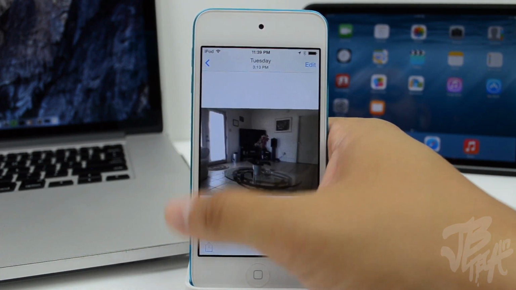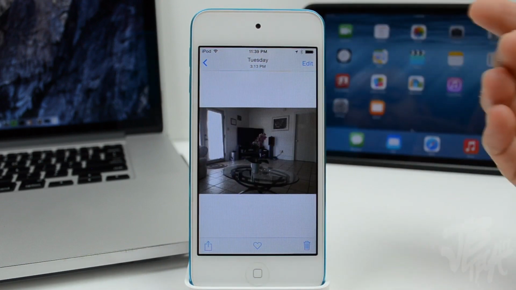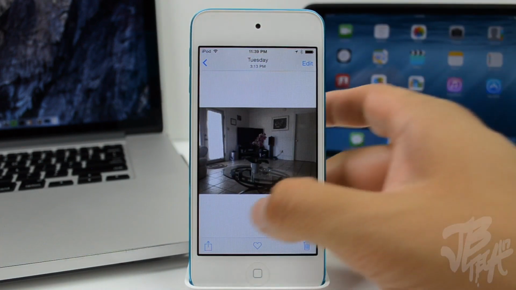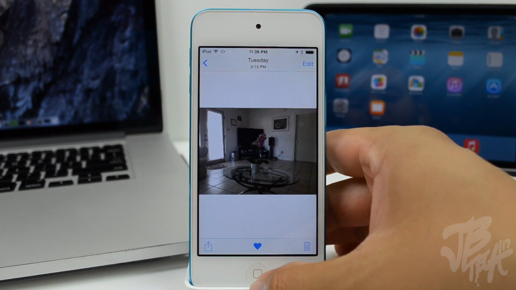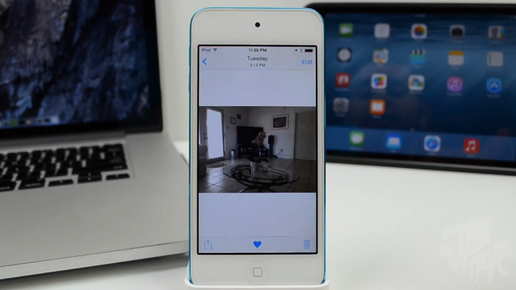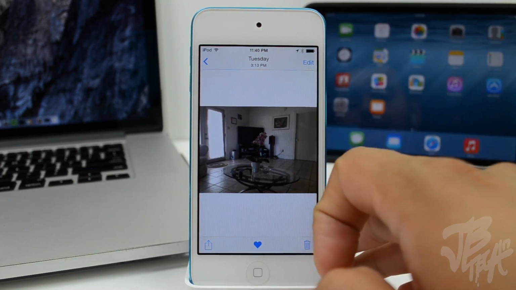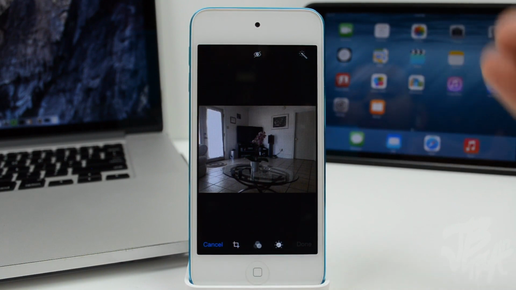But let's go ahead and take a look at this picture here. If you look down here at the bottom, we have a heart. Now if you hit that little heart there, it's going to favorite it and allow you to access that photo throughout all your devices. So I think that is a pretty neat feature. But if we go up here also, we go to edit, we'll be able to edit